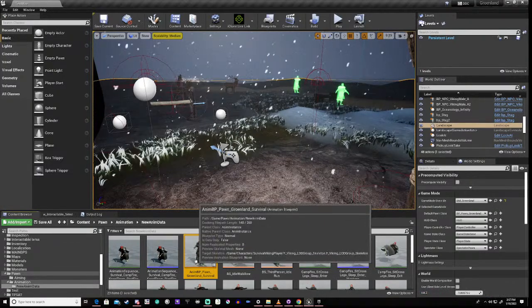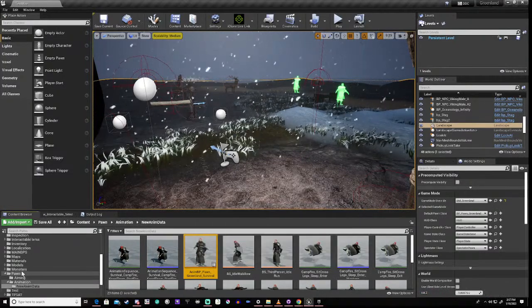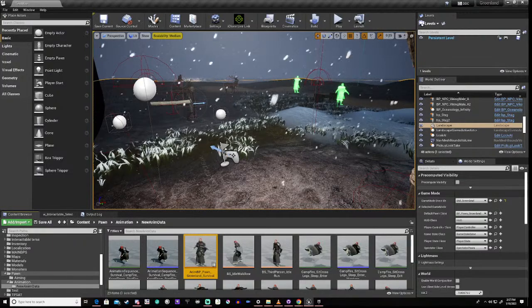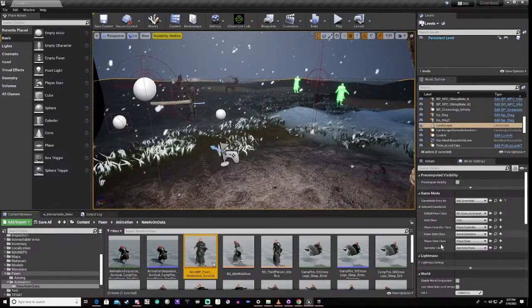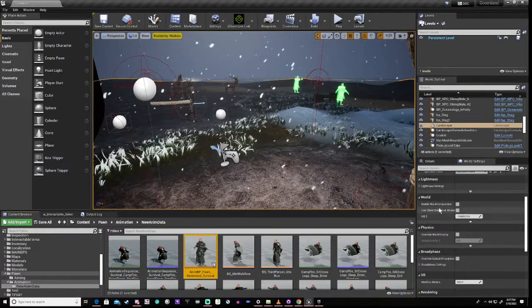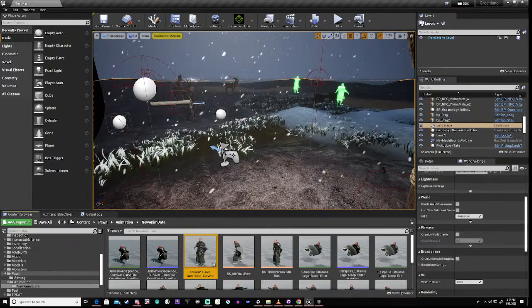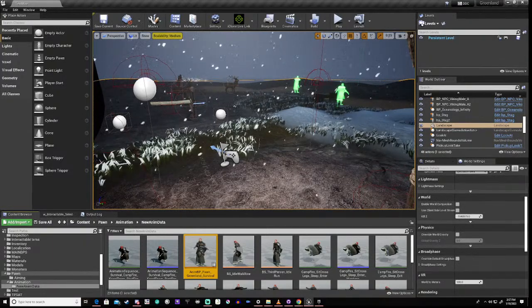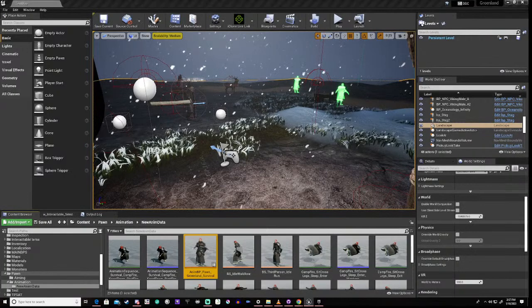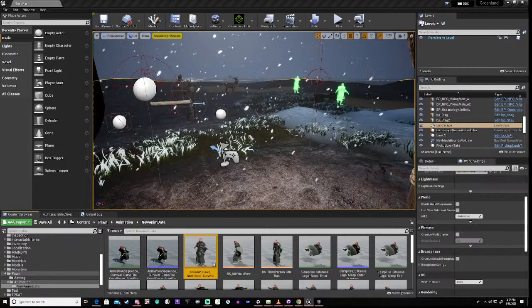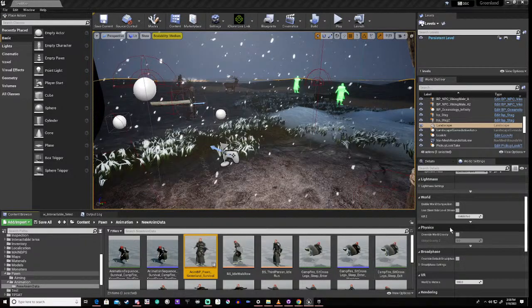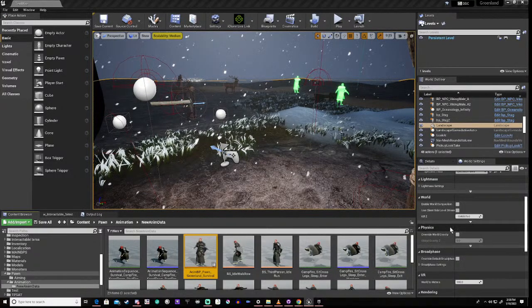But I started with movement, right? And the other thing is to look at the world settings to see if there's anything in the world settings that has changed that's going to mess anything up. And again, even that isn't obvious, even if